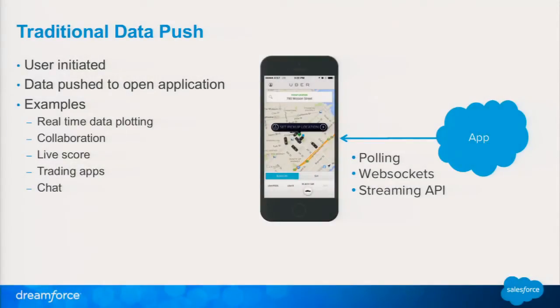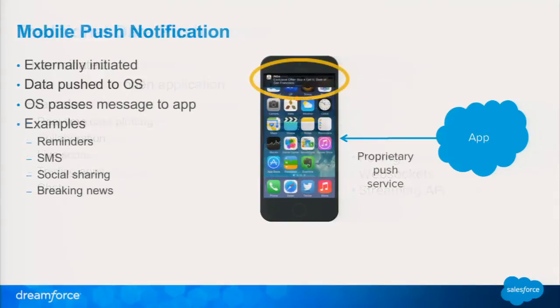These are all good use cases, and these use cases still exist, and obviously Uber does it. So you still need that, but that is not what we're going to be talking about today. What we're going to be talking about today is really what has been called now mobile push notification. And this is where